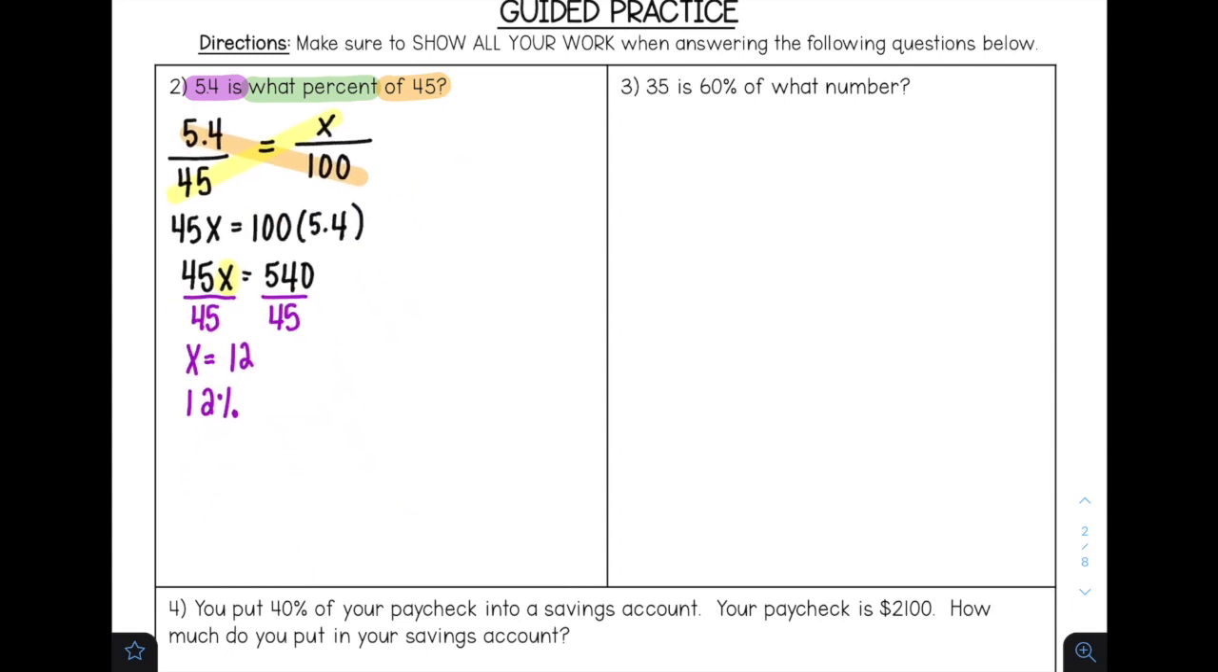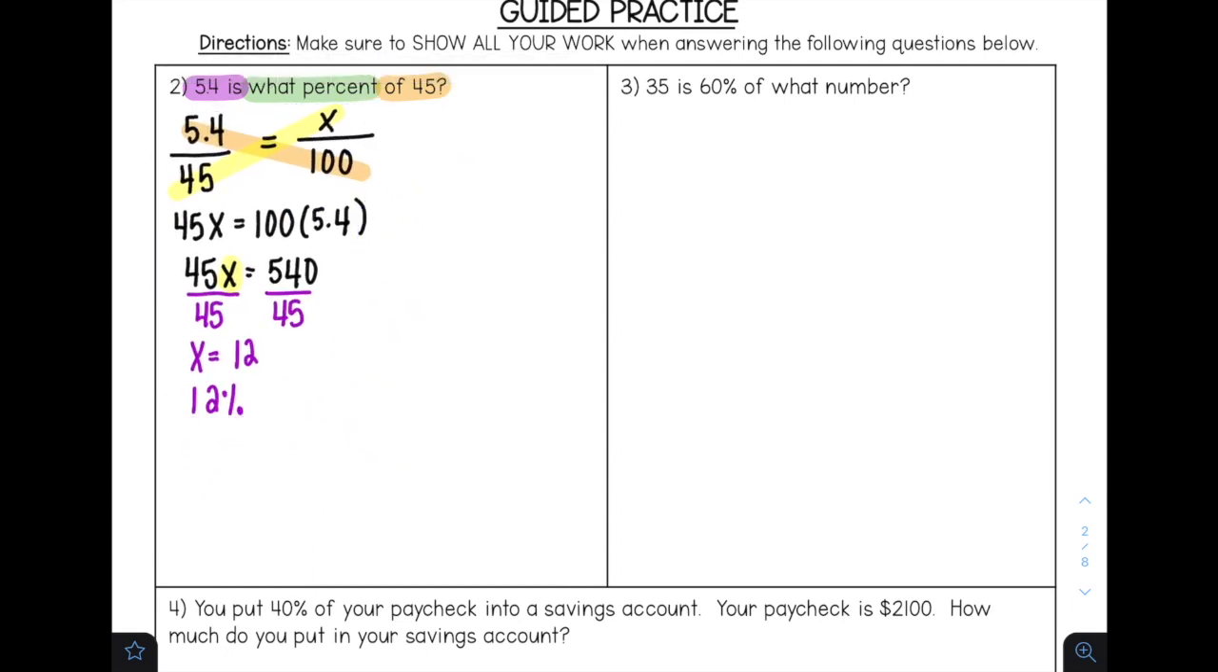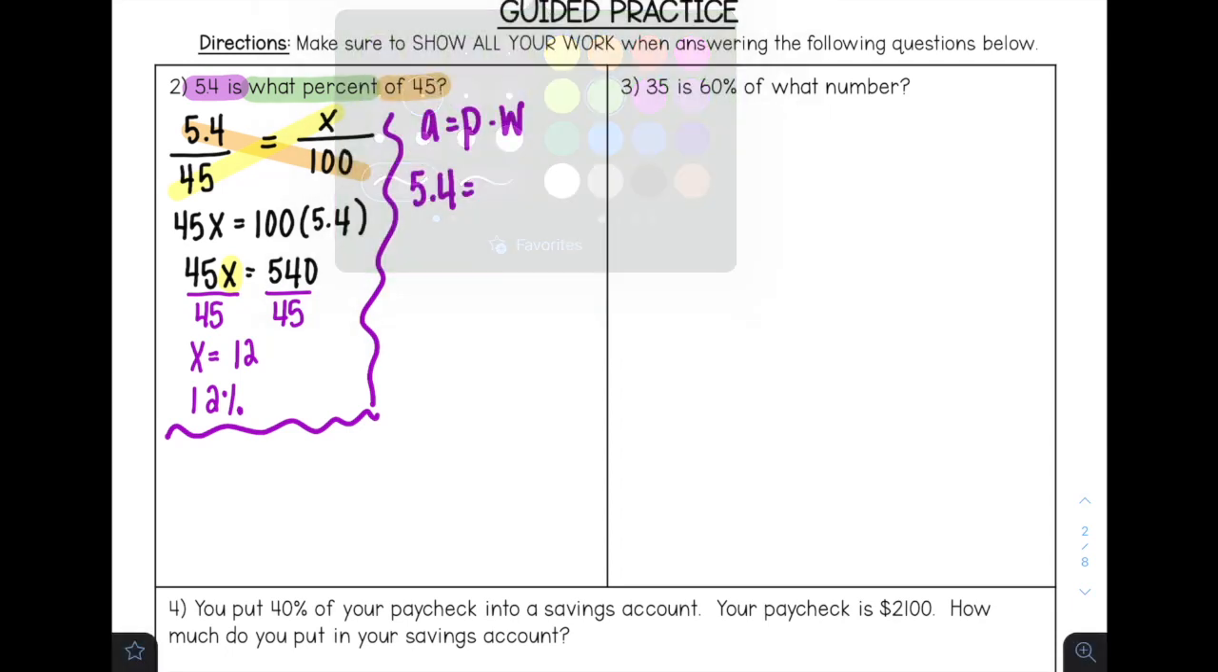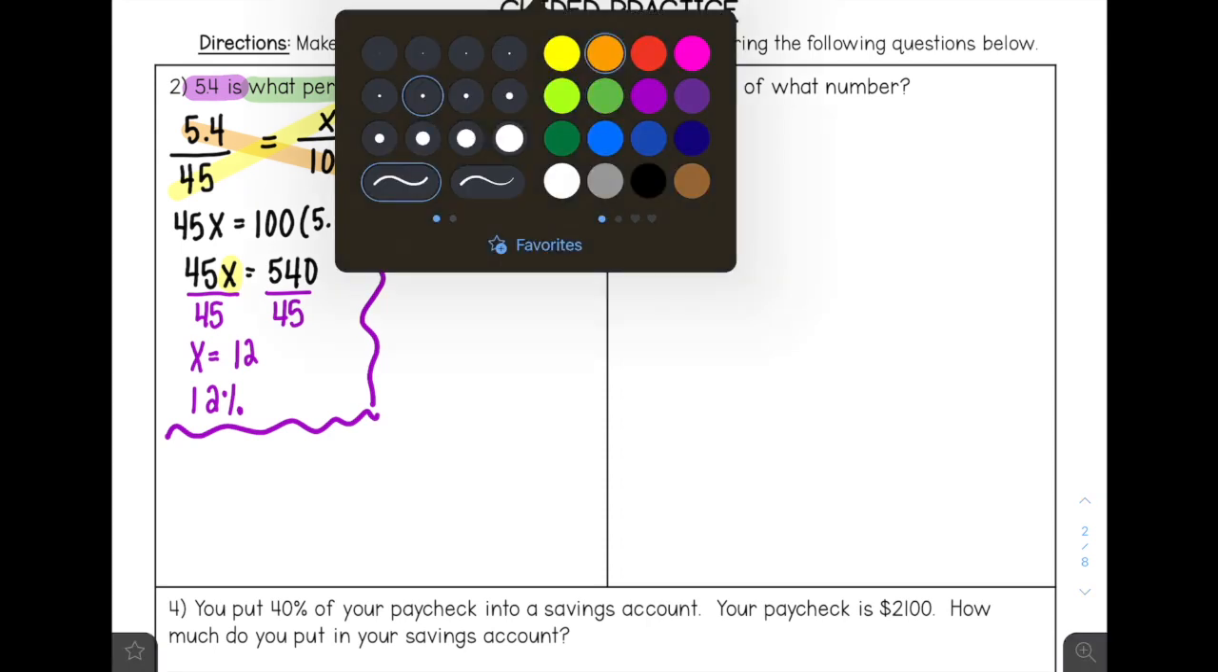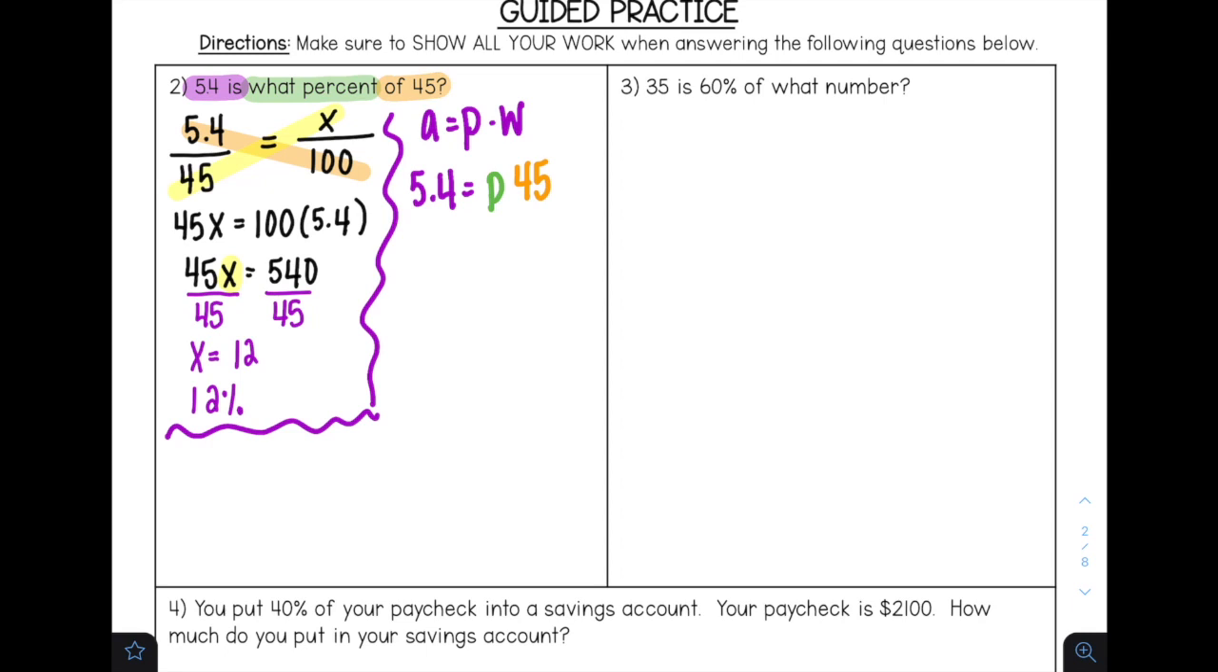If we decided to use our equation, so my equation is A equals P times W. I'm going to substitute this in. So 5.4 equals, and then I have my percent, which we don't know, times 45. Since these two are connected with multiplication, I have to undo it with division. So I have to divide both sides by 45. This cancels out. I'm left with P on the right and then